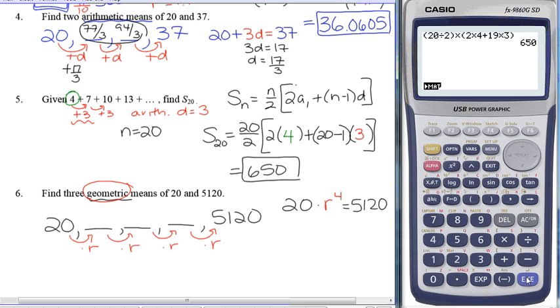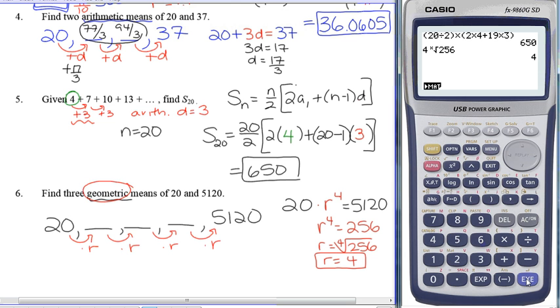5,120. So now I just need to solve this equation to figure out what r to the fourth is, so I'll divide both sides by 20, and 5,120 divided by 20 is 256. To get rid of the fourth, I'm going to take the 4th root, I know that that's 4. Technically, it could be plus or minus, but it is 4, and you could do that on your calculator by typing 4 and then shift and the exponent button, 256. If you have your TI, to get that little xth root, you go into math and you scroll down and it's right there. So we can tell our common ratio is 4,